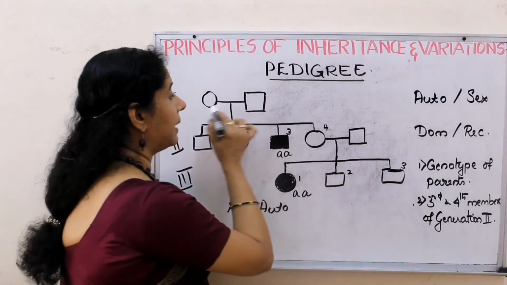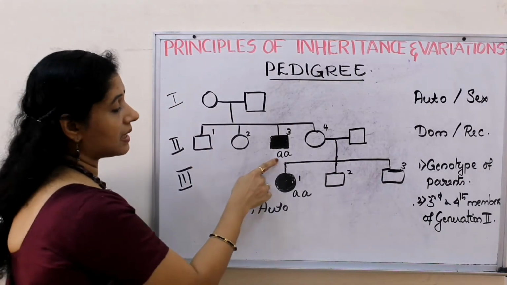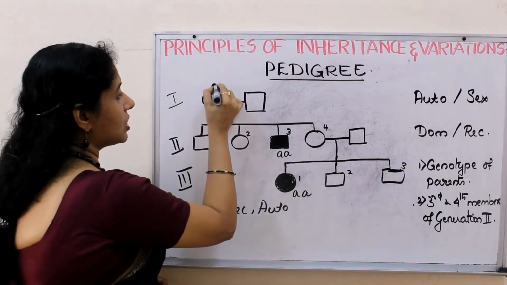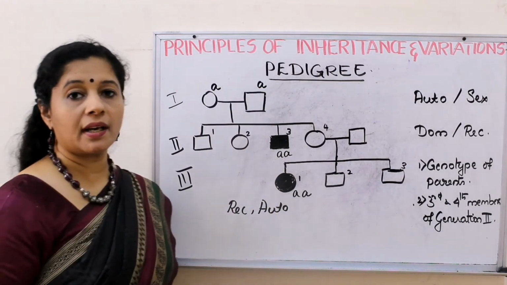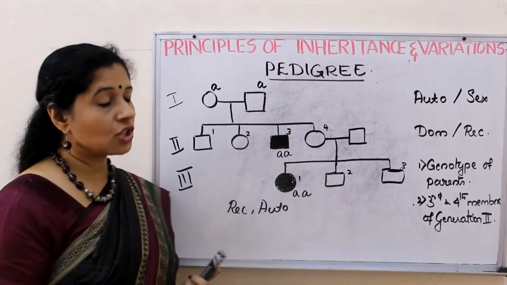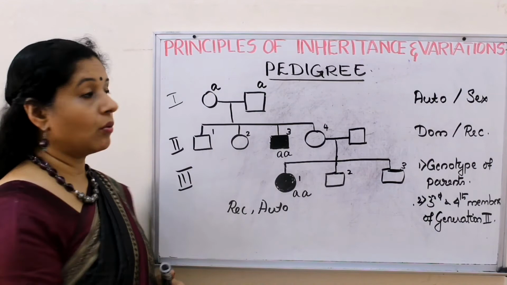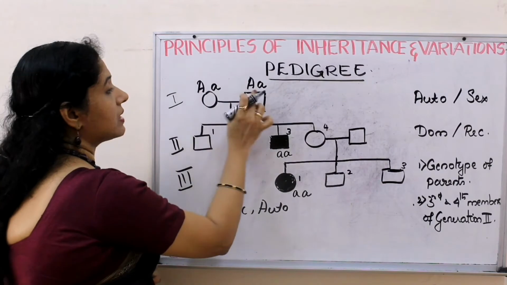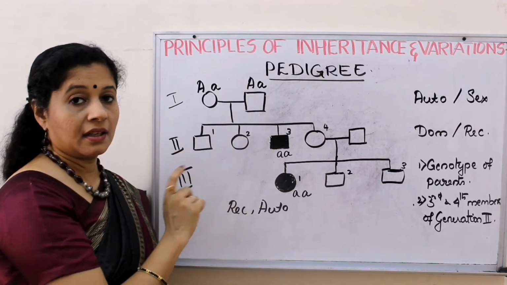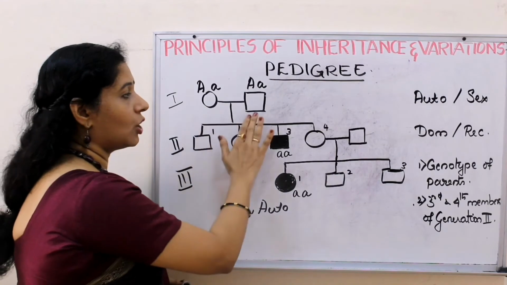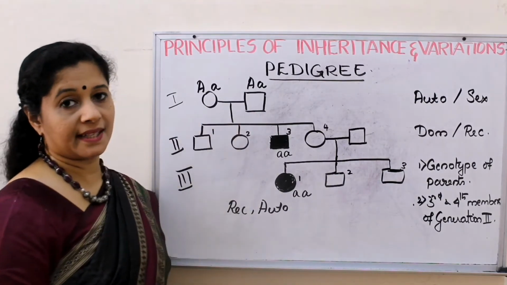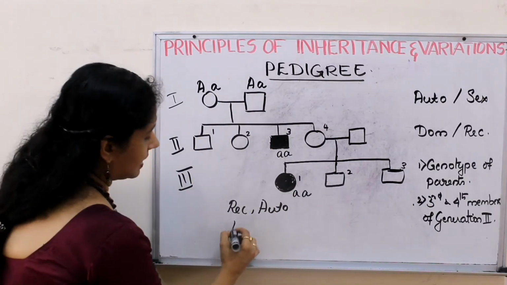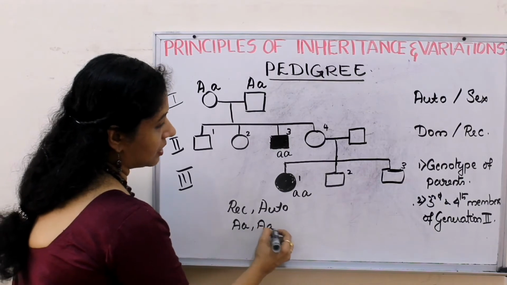Now we have to go to the parental genotype. So from this son we will get the clue. This son has got 2 small letter a. So both the parents should have contributed 1 small a. Otherwise how can the child get 2 a? Right? So both of them gave. Now are they recessive or heterozygous? They are heterozygous. Because if they were recessive, they would have been affected. Since they are normal, they are heterozygous. Right? So the first answer we got, parents are capital A, small a and capital A, small a.